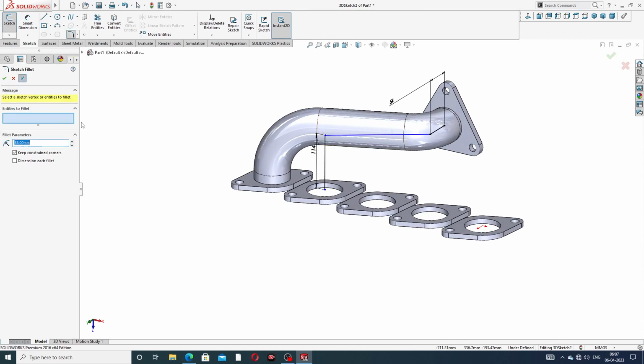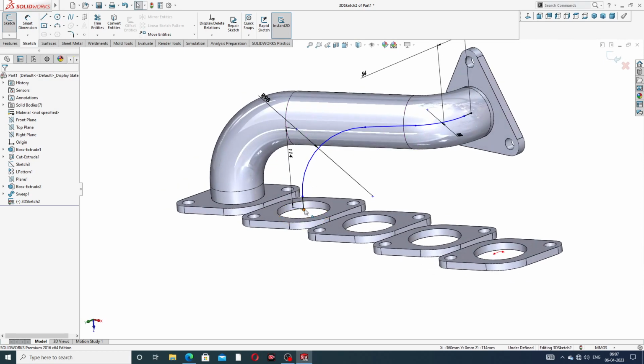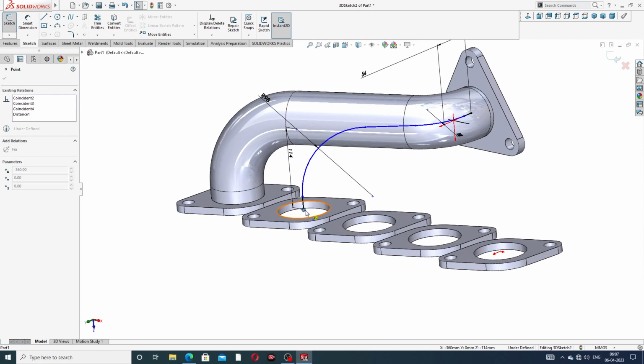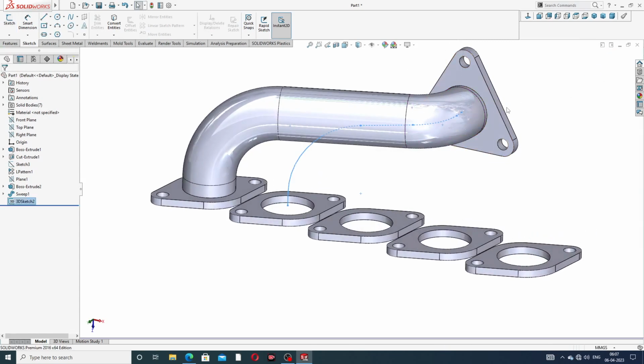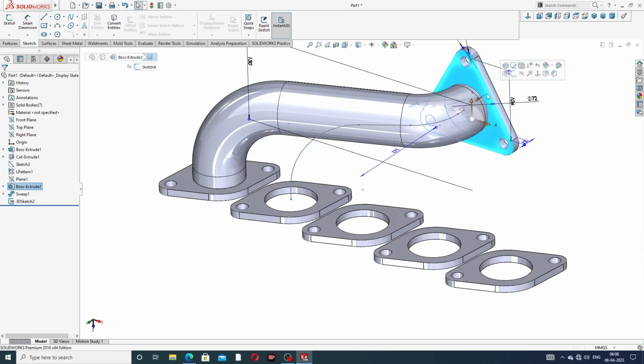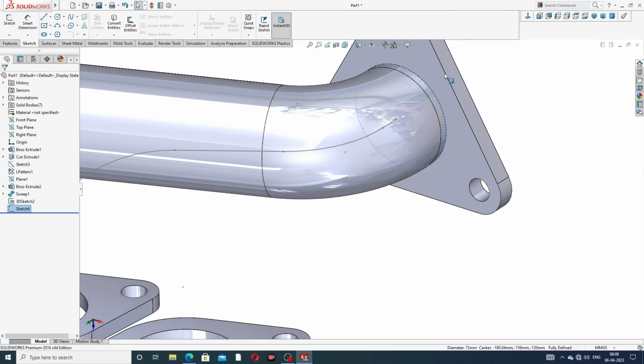And this is 68 millimeter, and this is 98 millimeter, and click OK and OK. But this, drag here. Okay, this is perfect. Okay, this is black in color, which means this is fully defined. And exit, and also select this face, sketch and draw, select this and use Convert Entities and click OK,